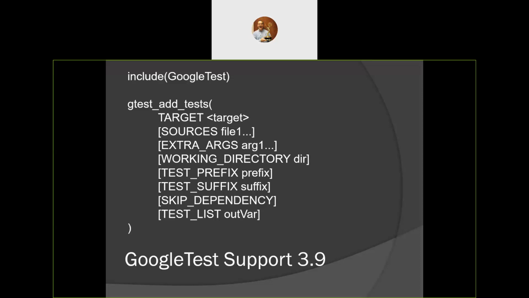The extra args are any extra command line arguments that need to be passed to your test executable, because Google Test provides an implementation of main, but you can write your own, so you can do extra command line processing. There's also the working directory, obviously. And then if you want to get the list of CTest test names that were created by grepping through your source files, you can get that into a variable with the test list argument. Now,